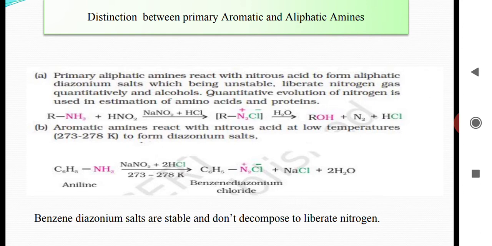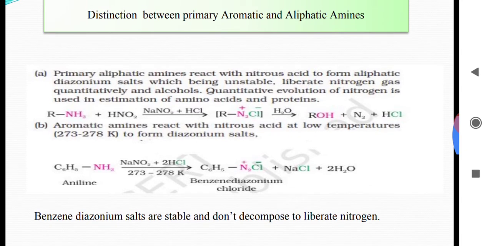Now see, primary aliphatic amines when they react with nitrous acid. You have read about the formation of benzene diazonium chloride, that is the diazotization reaction. This is the same diazotization reaction, but when you take the amine as an aliphatic amine and react it with nitrous acid, at a temperature around 0 to 5 degrees Celsius, the diazonium salt that you get will not be stable, because it is not resonance stabilized in the case of aliphatic amines, right? So it will undergo decomposition and evolve nitrogen gas, which will be visible, right?